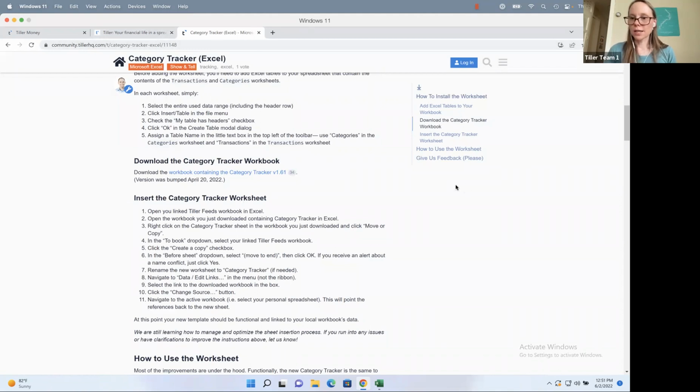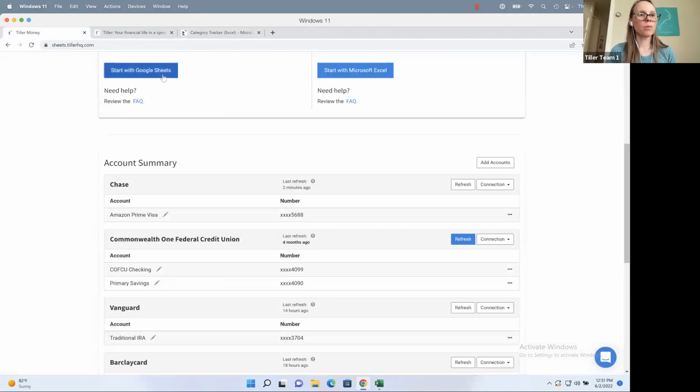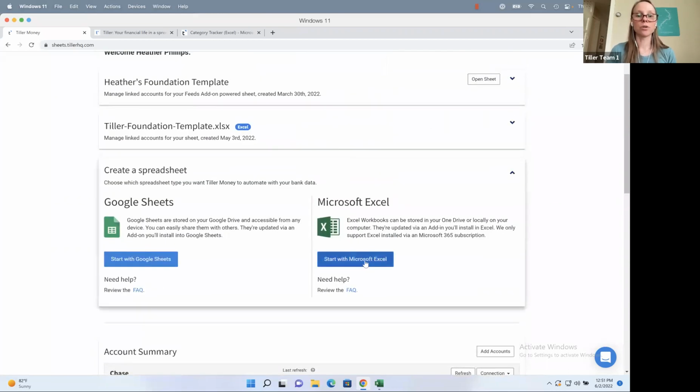So Ron says, I don't have the monthly budget sheet in my workbook. How do I add it? Most likely, if you're not seeing that, it may be because you started in a blank workbook. Doing so is an awesome feature of the Tiller Money Feeds add-in, but there's not an easy way to add those additional sheets in. My recommendation would actually be to just start fresh in a downloaded copy of the foundation template workbook, because trying to move the monthly budget sheet